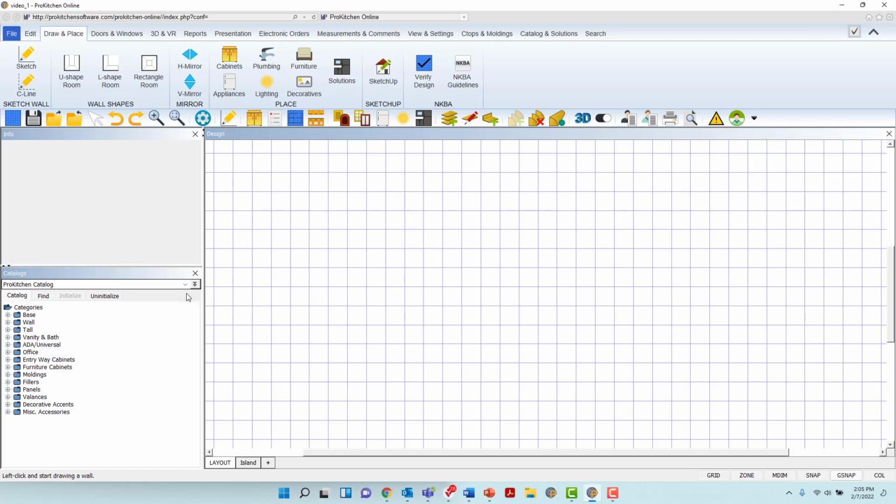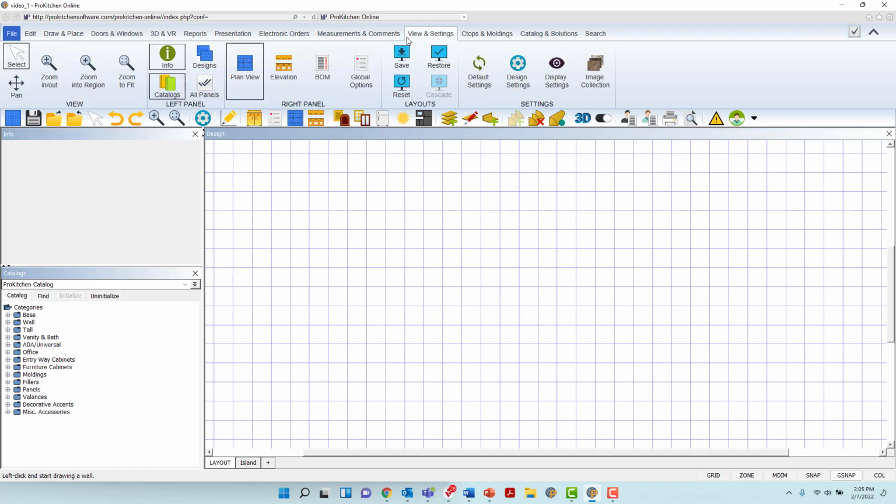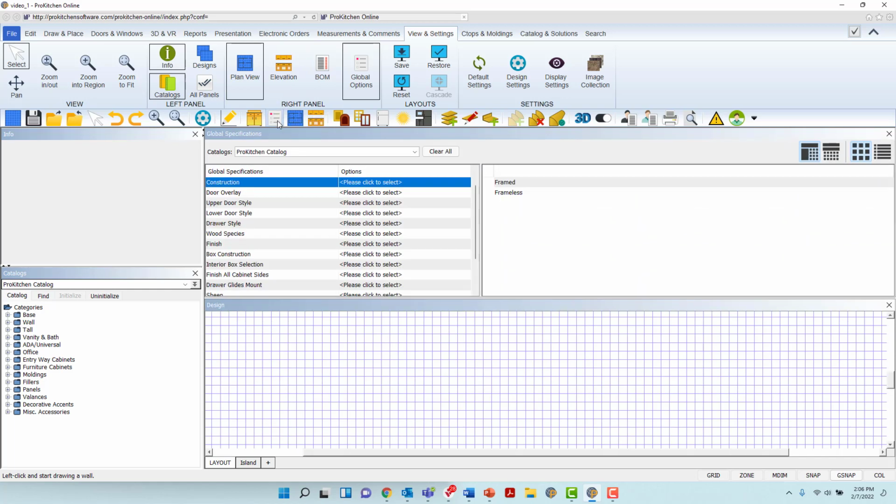After selecting the catalog you will be designing in and setting the design parameters within the design settings, it is time to set up the global options. Navigate to the View and Settings tab to open the ribbon and locate the global options icon that looks like a 3-point bullet list, or locate the global options icon on the toolbar and left-click in either location to launch